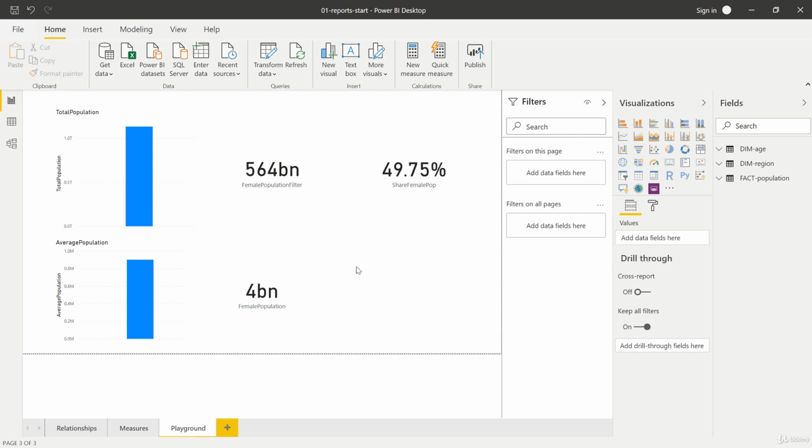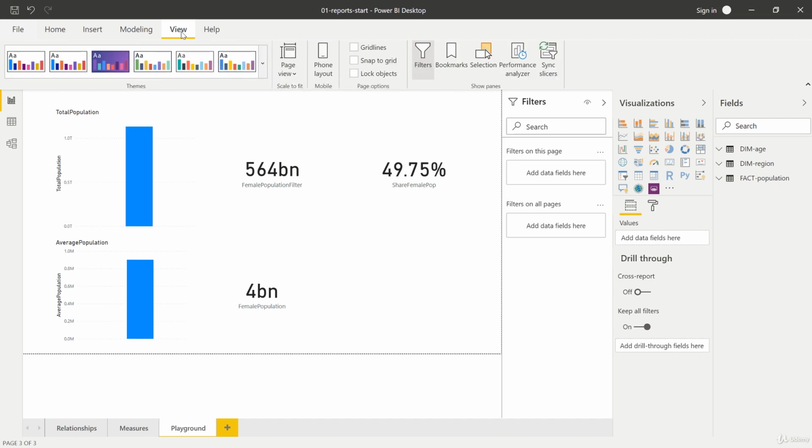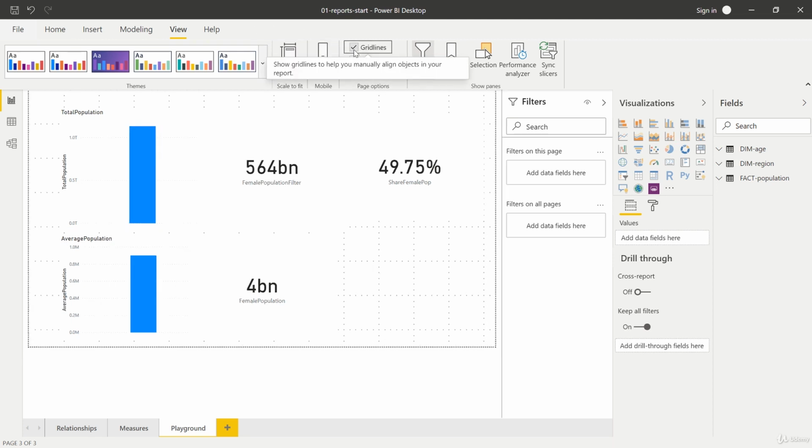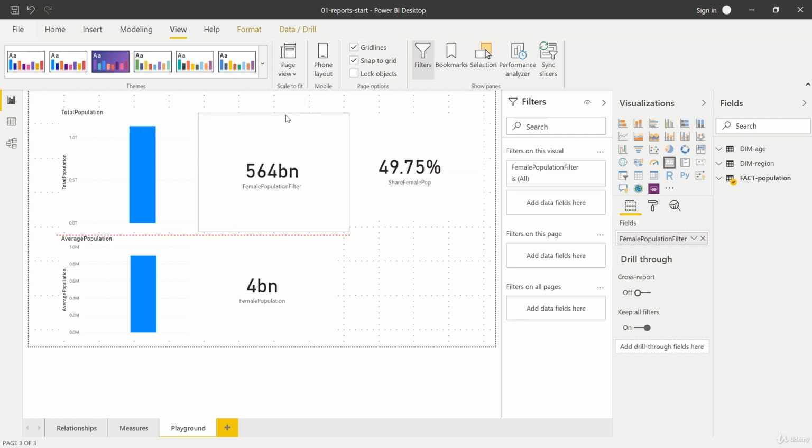Very important, if you unselect the visuals, you see that these ribbons are gone again. Besides that, you have other options. If you go to View, for example, you can see that you have options to position the visuals on the report page a bit more precisely. For that, you can first, for example, activate the grid lines. These are these little dots right here. And if you then also activate Snap to Grid and select the visual, you see that now you can move each visual along these grid lines. If you unselect Snap to Grid, you can just move it freely around.